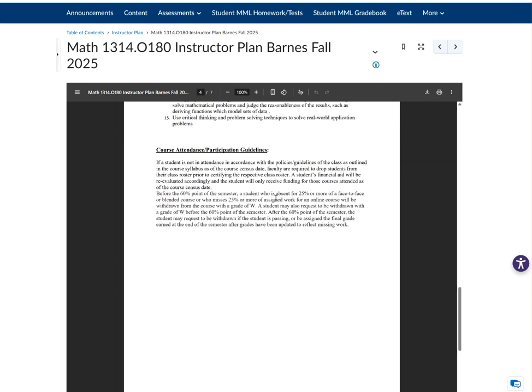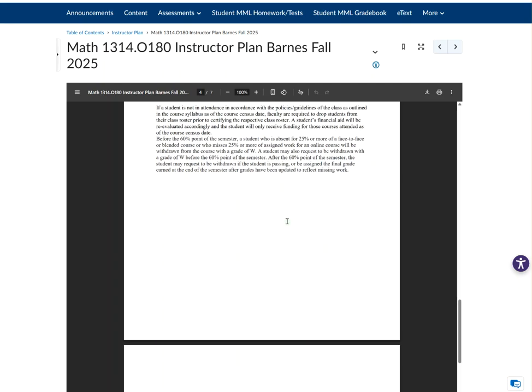This course has an attendance and participation policy: you can't be absent more than 25% of the course. And for an online course, I do that with participation, meaning you need to work on something every week. And with an 8-week course, that makes sense. You need to be working every week. But when I run the report on Sunday, if you haven't worked the previous week at all, you get an absence. And you're only allowed 2 of those because it's 8 weeks. You can't miss more than a fourth of it. So just work in there every week and you'll be fine on the attendance issue.